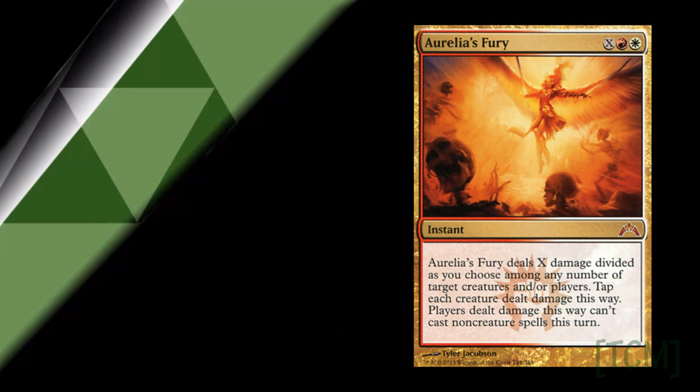Say you draft Aurelia's Fury. Well, you still have to draw it. Will it affect board state? You still only have 7 out of 40. So the person arguing against what I was saying about the probabilities was stating that